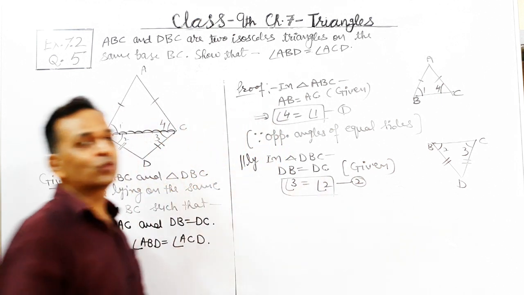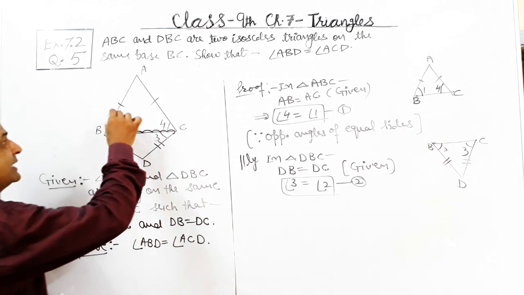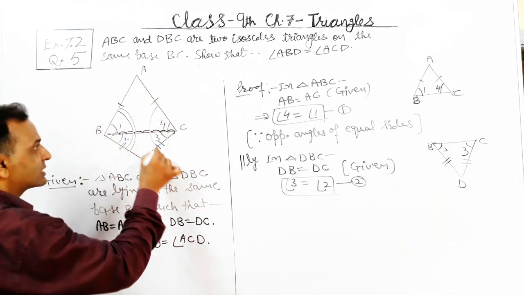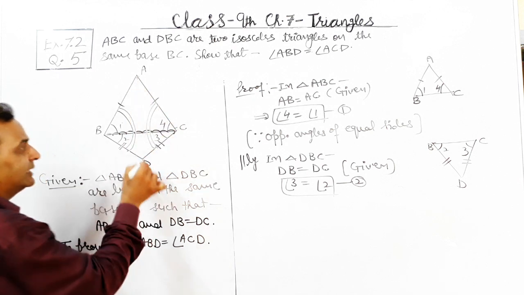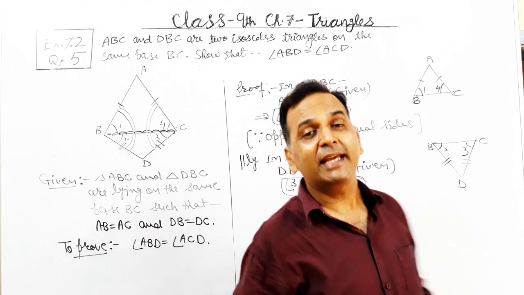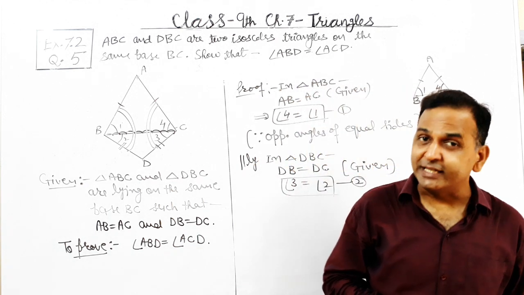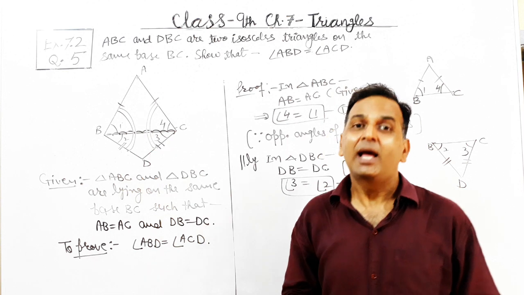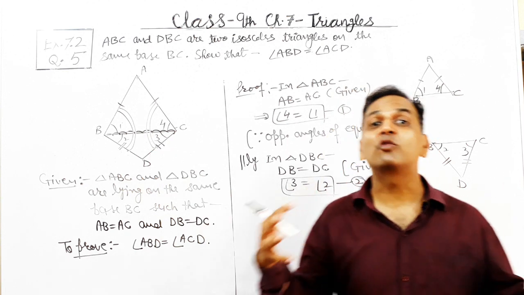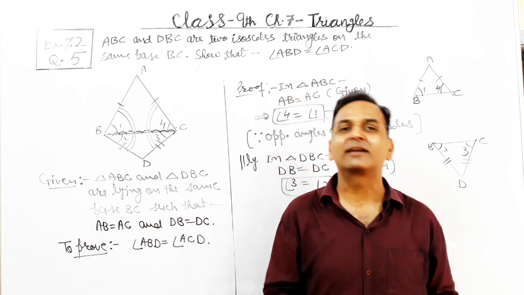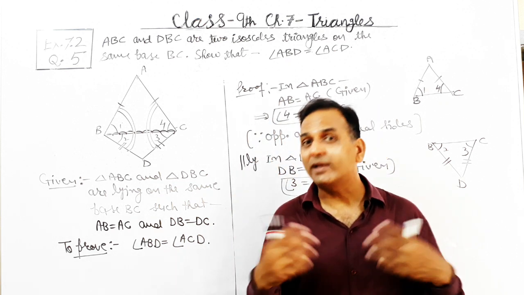What we have to do right now, because we need this complete angle ABD and this complete angle ACD. What is angle ABD? From the figure we can understand. Angle ABD is actually the combination of two angles. Which ones? Angle 1 and angle 2. Angle 1 and angle 2 will have to be combined so that we can obtain a single angle, angle ABD. And how can it be done?